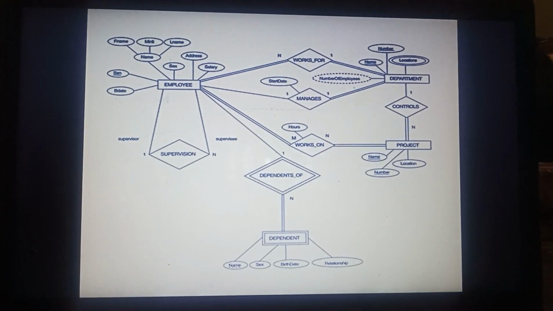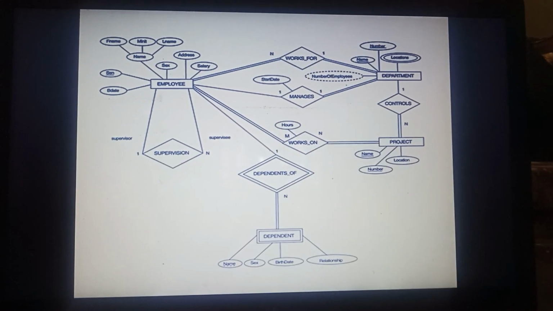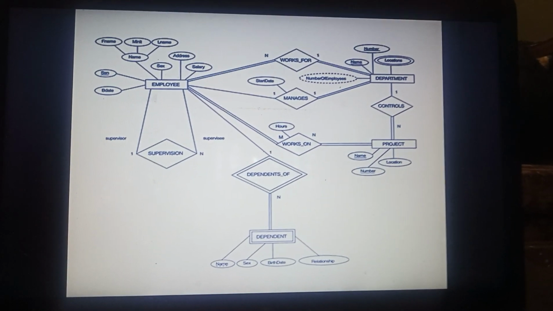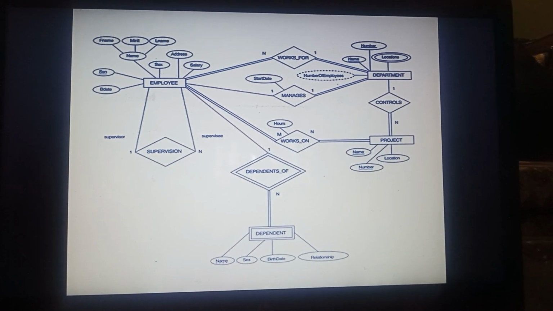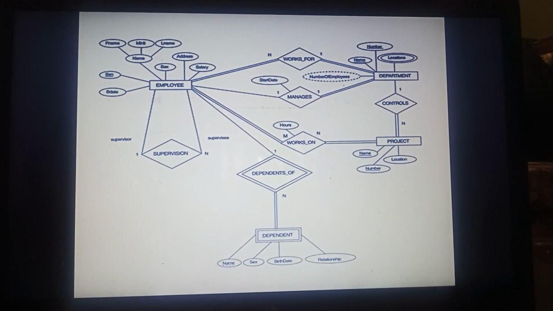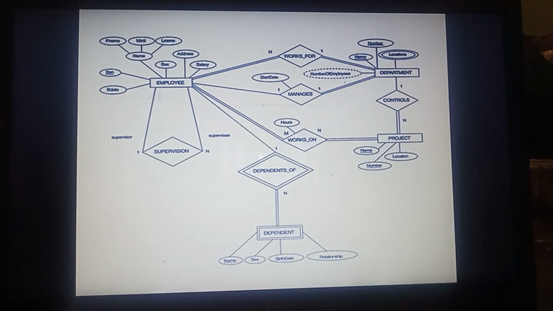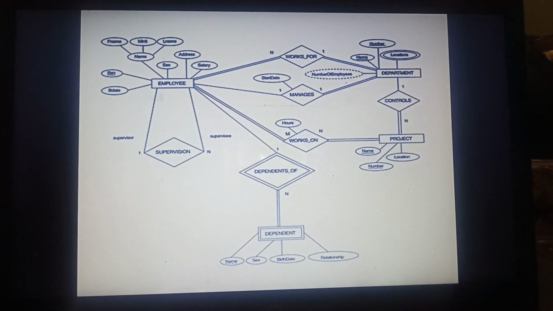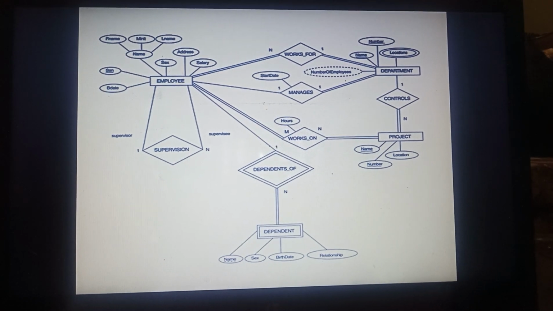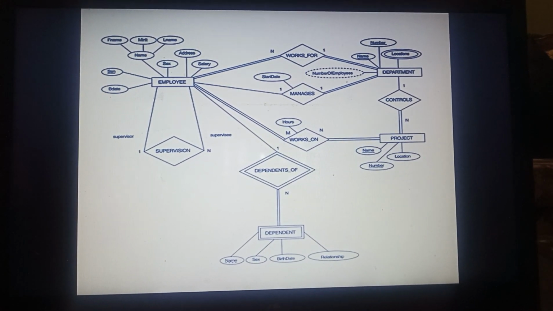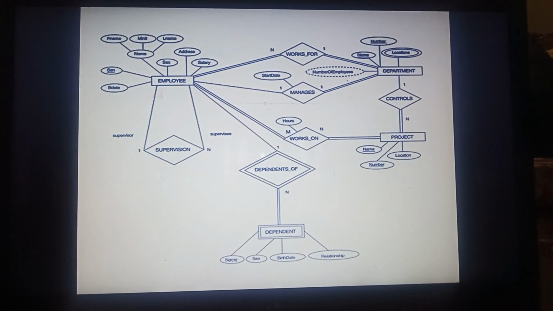Now you can see the diagram here, the ER diagram. Here we have three one-to-many relationship types. That is works for, which is between employee and department. Supervision, that is between employee and employee itself. And one more is controls, that is between department and project. Here what we will do is